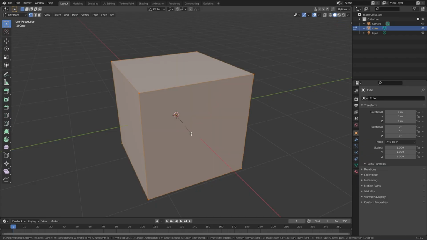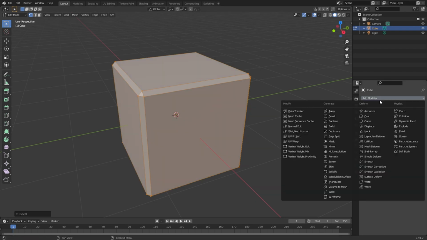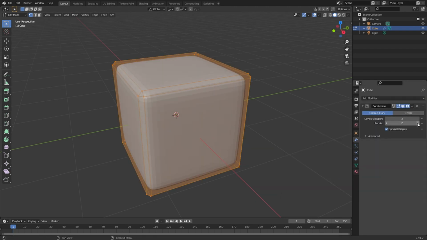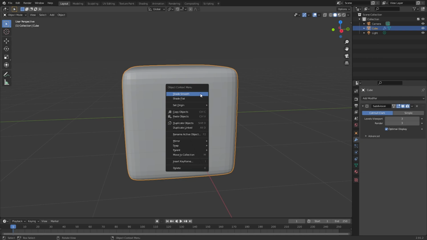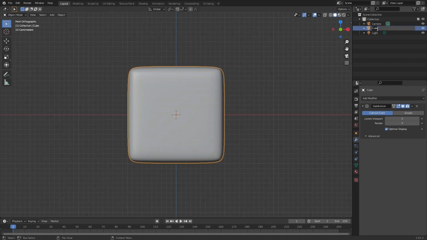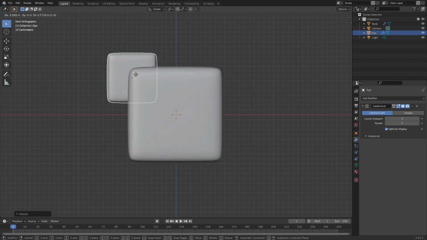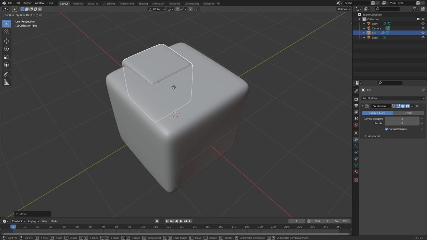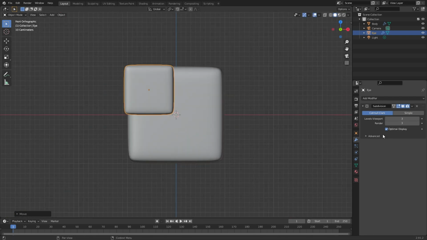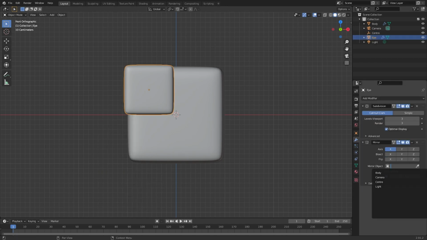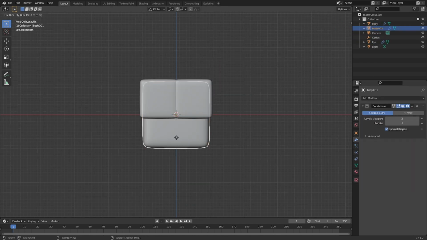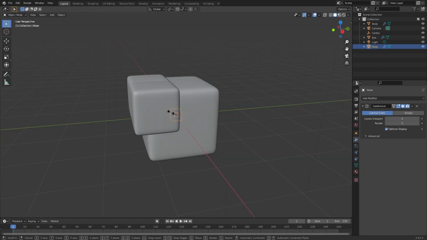Let's start with a cube, bevel it and subdivide. Then smooth and rename it as a body. Then we're adding eyes, and to create the second eye we'll mirror the first one, and then we add a nose,